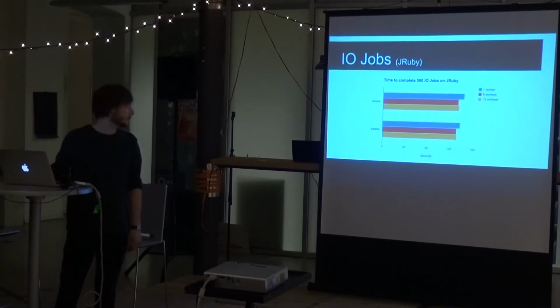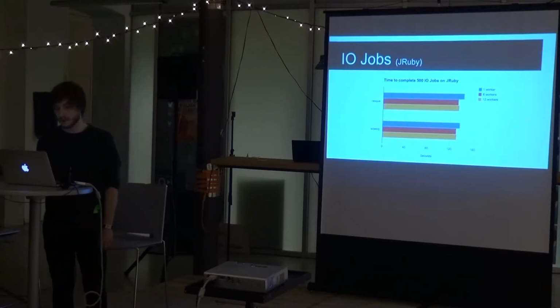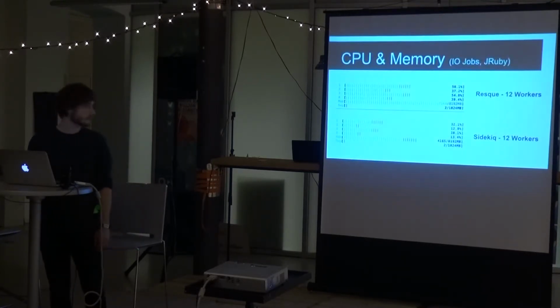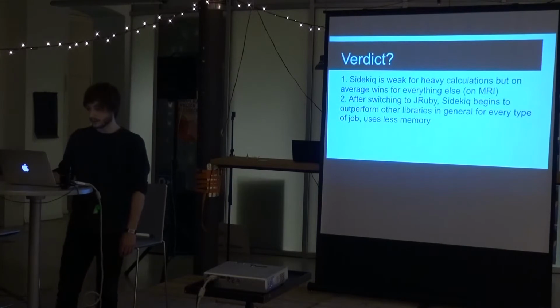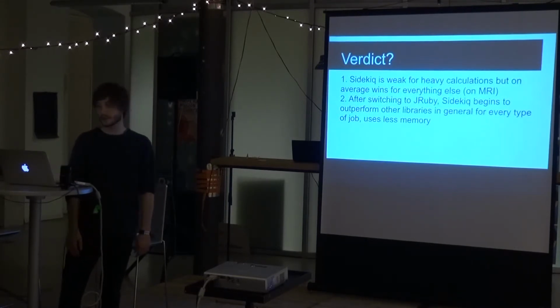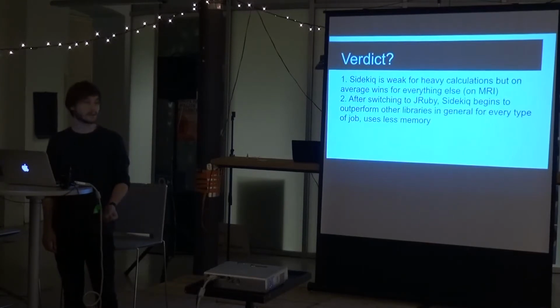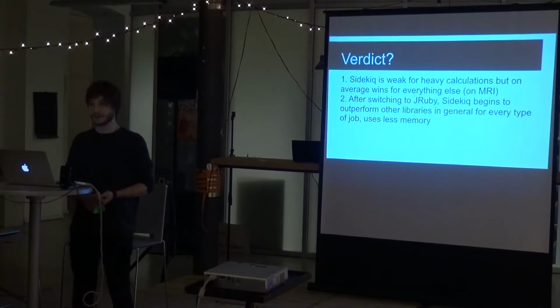Let's move on to input-output jobs. We can see Sidekick is also faster here, as we predicted. Again, there is much lower memory consumption for Sidekick, rather than Resque that uses a lot of processes. So the verdict here is that Sidekick is really weak for CPU-heavy calculations, but on average it wins for everything